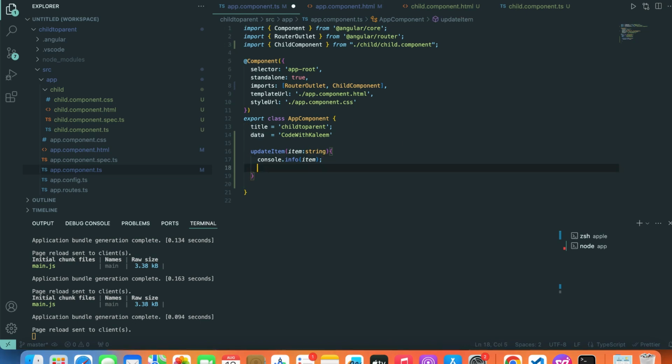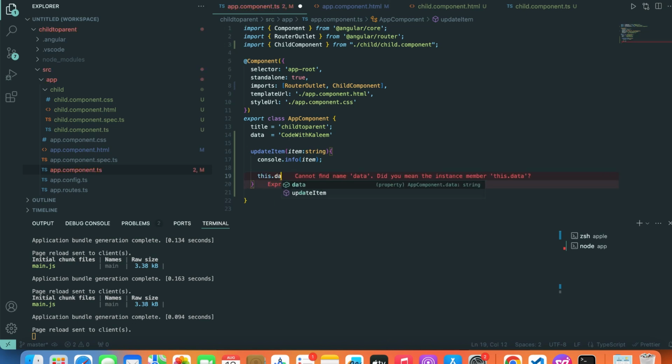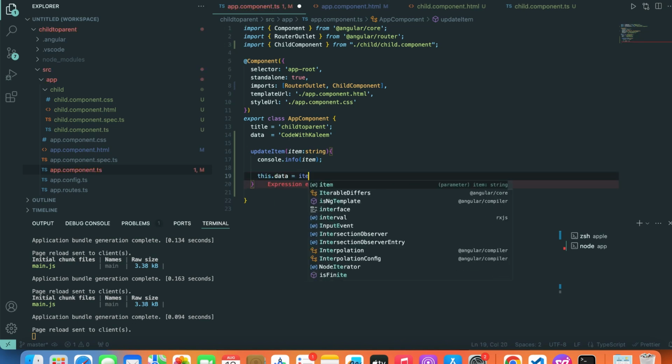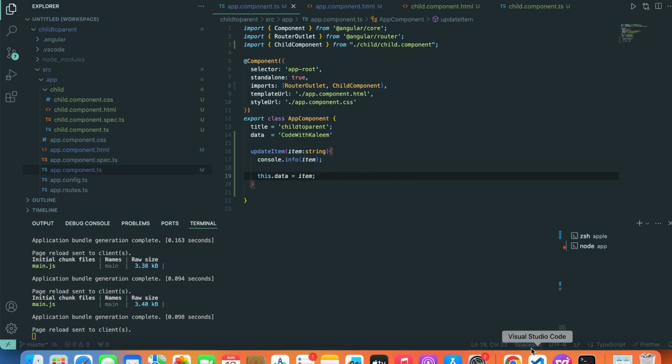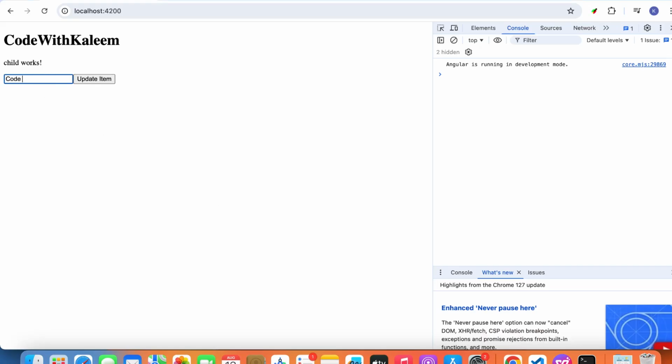So how can we do this? Data is equal to this dot data is equal to item. Now see, code with value, here I already defined for bring